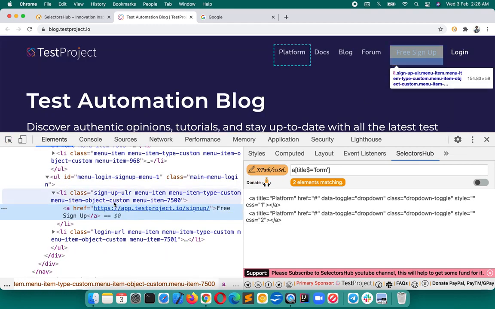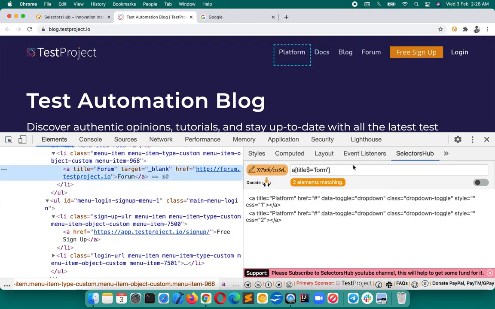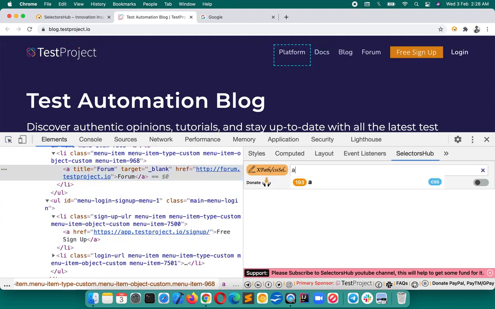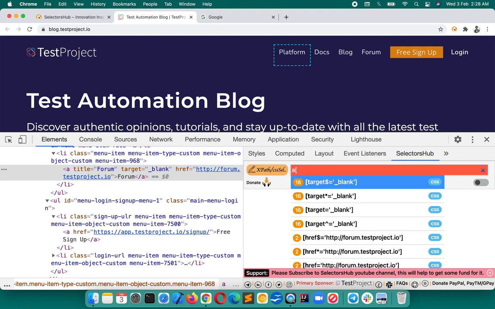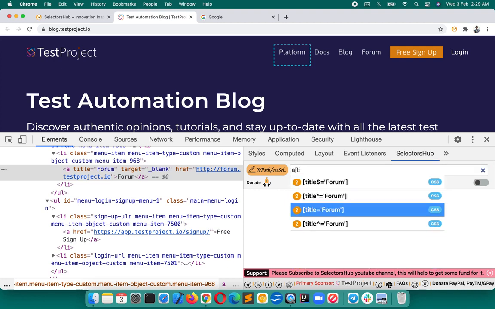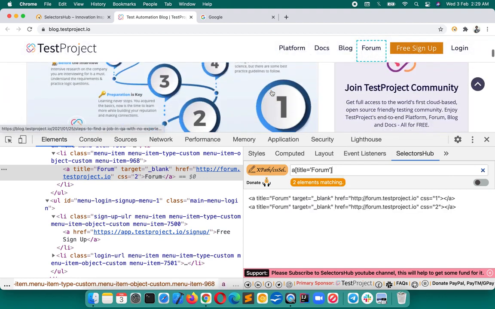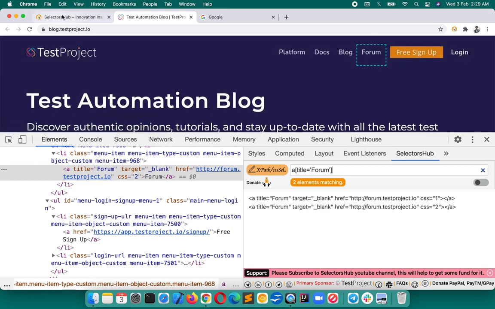Here, this doesn't have any attribute. Forum, title. So this also shows two elements matching. Then there could be more elements, more examples.